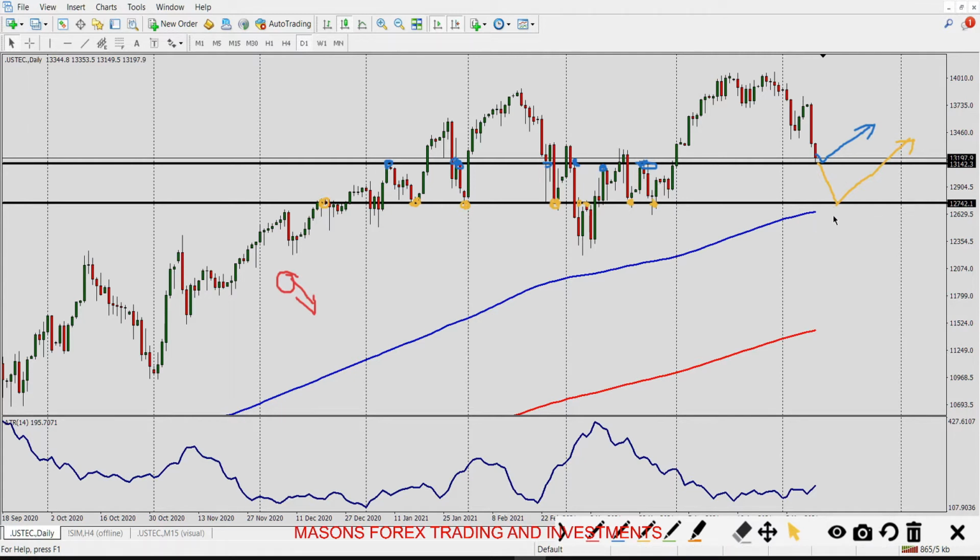So those can be the two setups for buying. Let me try and draw a picture for you. So we could have your trading plan will help you with this. So we may get a pin bar